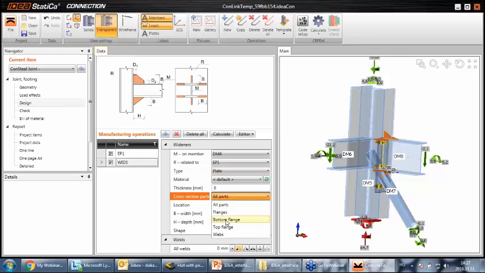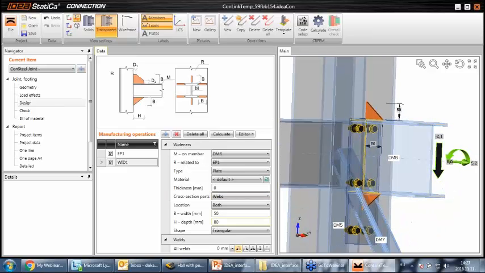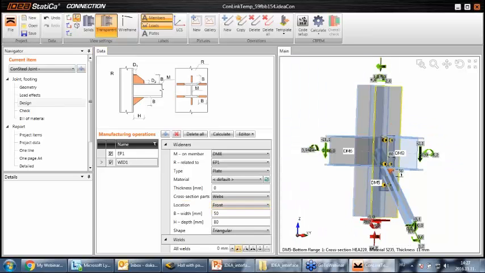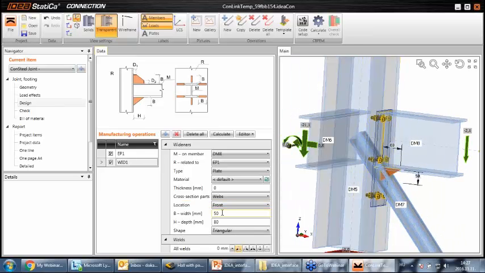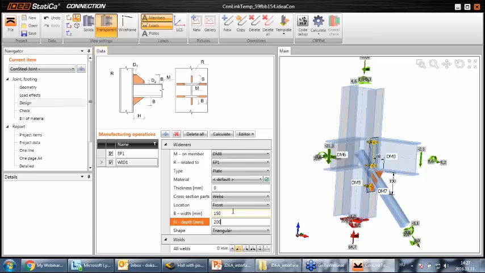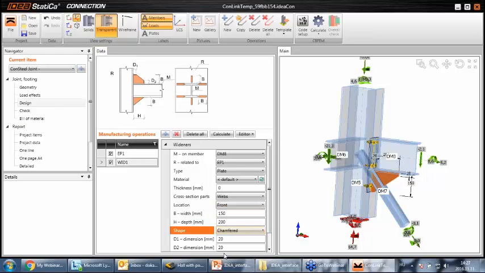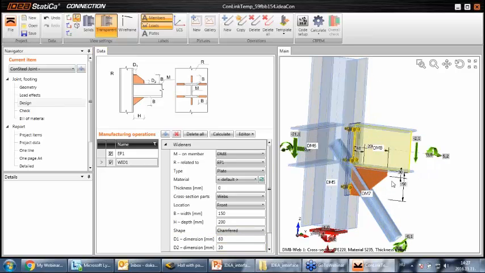I only need the parts on the webs, but not both, only the front one. Dimensions are a little bit larger. Okay, and I'm going to choose chamfered geometry. Okay,